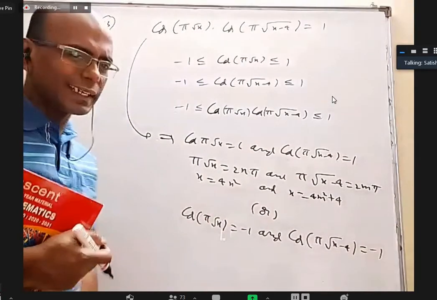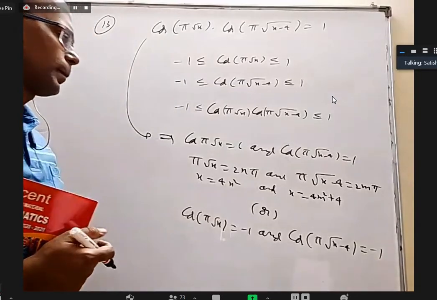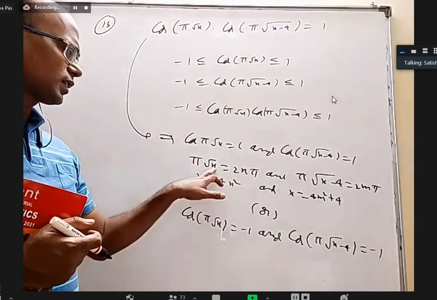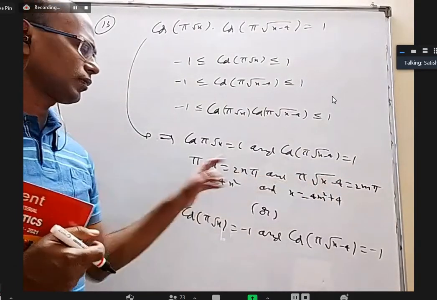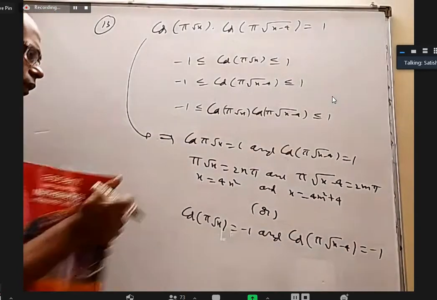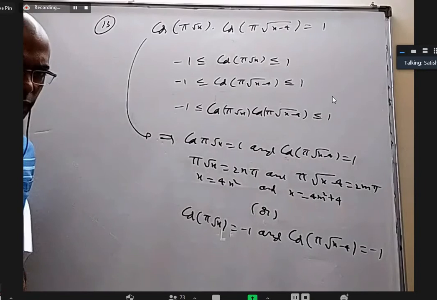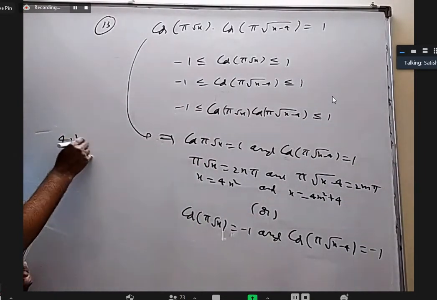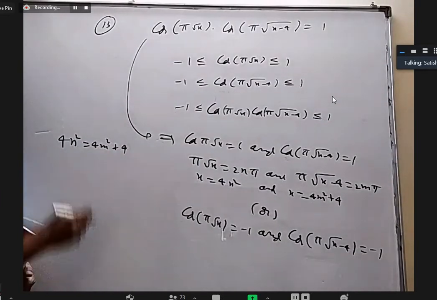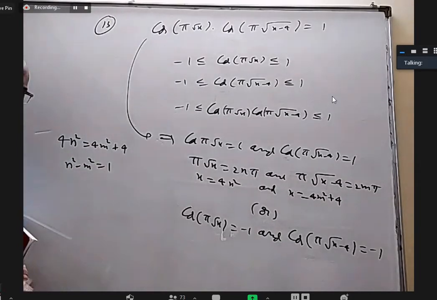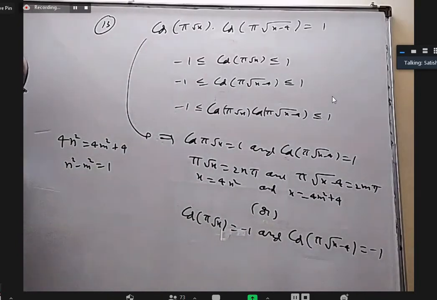Is it possible to get integers like that? Okay, n is an integer, m is an integer. For example, if I take root x is equal to k here and some other L here, when I square and subtract, the difference of the two squares should be basically 4. Let us equate these two, both x should come the same. Instead of guessing 4, we are trying to write it in general. Okay, 4n square is equal to 4m square plus 4. Cancel 4 everywhere, you will get n square minus m square equal to 1. The difference of two squares should be 1. How many ways are there?